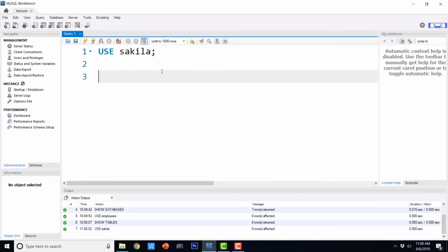We are going to use the Sakila database and I'm going to say select original_language_id, comma, ifnull, original_language_id.